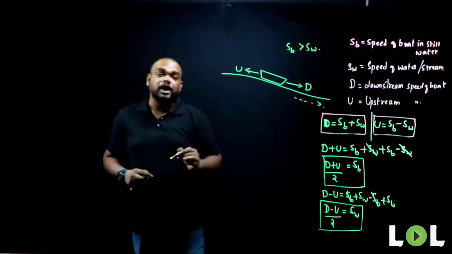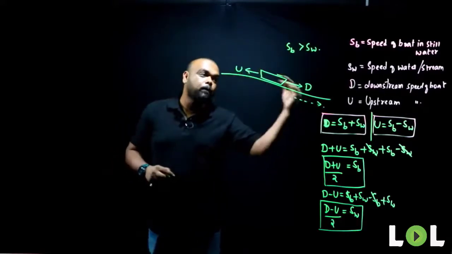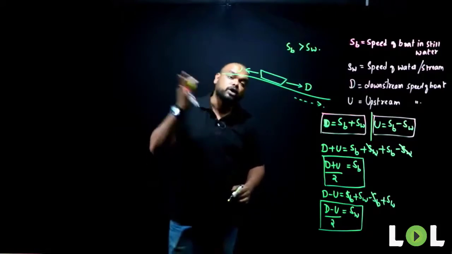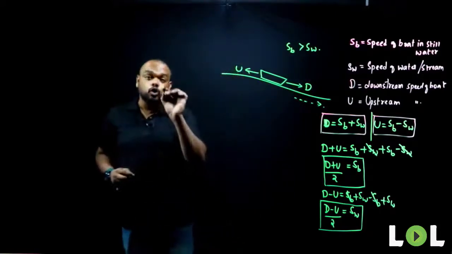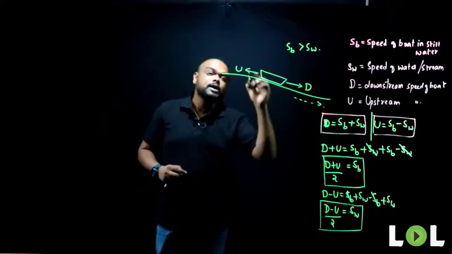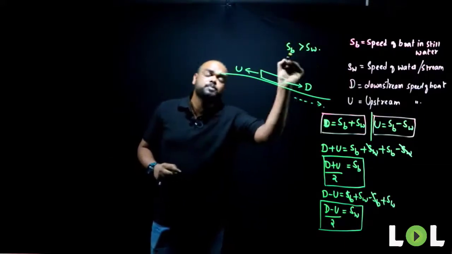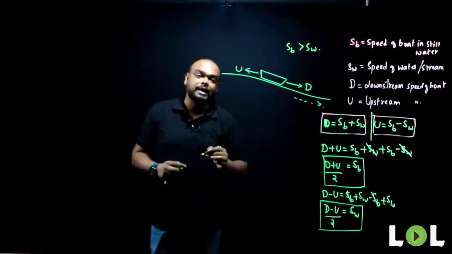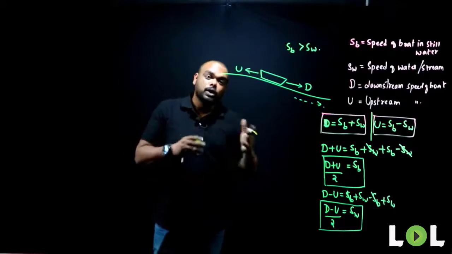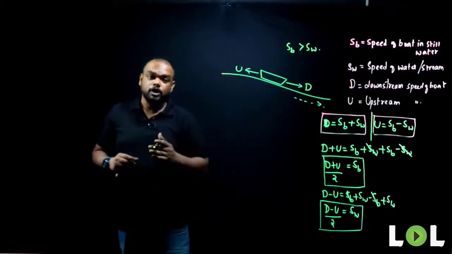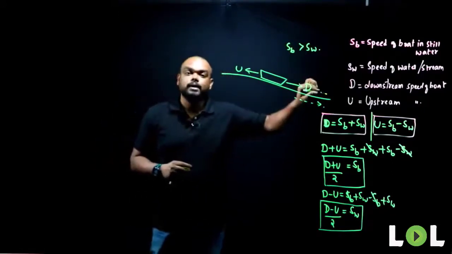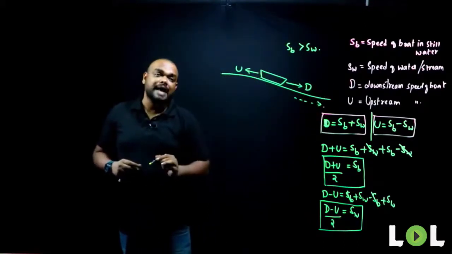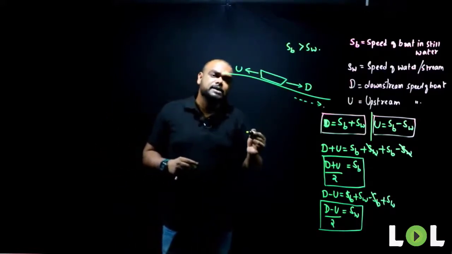Why? If the speed of water is more than the speed of the boat, the boat cannot sail upstream at all, because the speed of water is more than the boat. It will be carried back. For a two-way voyage, the speed of the boat must always be more than the speed of water. If you have experienced rafting, particularly whitewater rafting, you'll always go in the downstream direction only. You will never try to come back in the opposite direction,